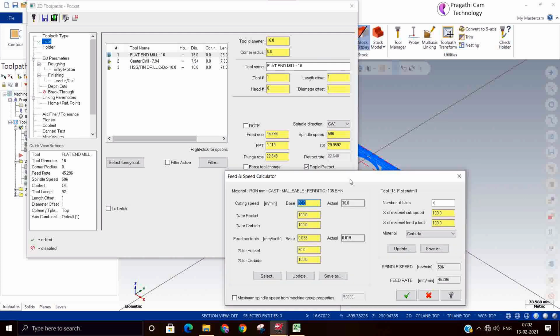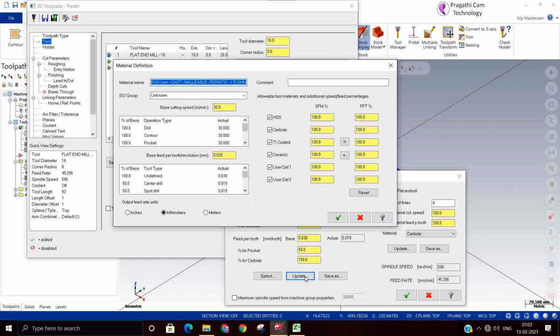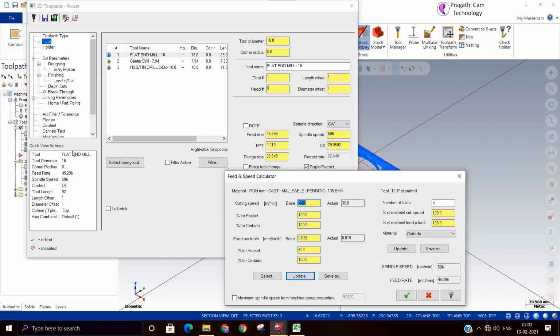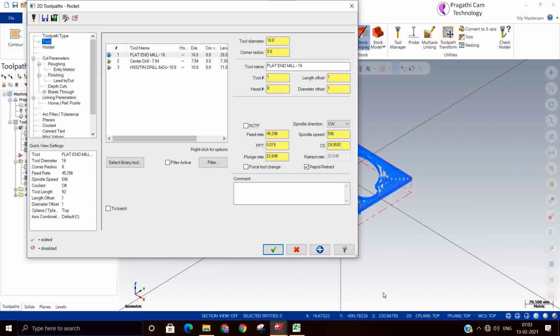You can see here now both are 30 and 0.19. From here you can update also. Again it goes to the material library, editing the material library only. After modification you can save it to the current library.